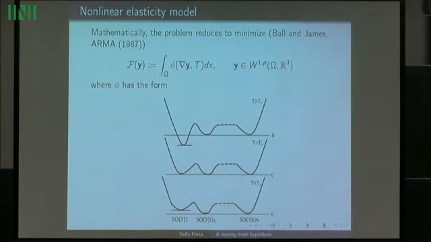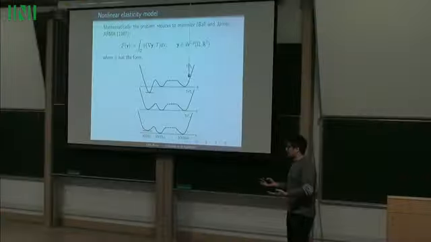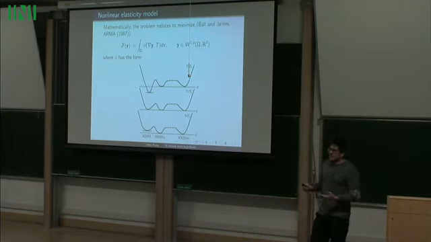So as you can see from this schematic picture, the energy is not quasi-convex, so it's not weakly lower semi-continuous, and a priori minimizers do not exist. Depending on the boundary conditions, however, with the technique of convex integration, one can show that infinitely many minimizers may exist. And once you have infinitely many minimizers, the model can fail to be predictive somehow, because the question is,